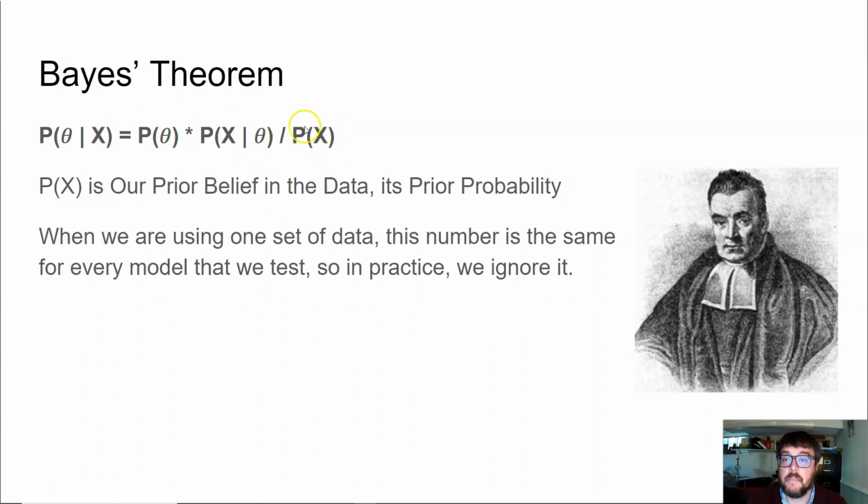This last part, the denominator here, prior belief in the data, this is the thing that you divide all these products by, so that the whole thing ends up having an area under the curve of 1, making it a probability distribution. But it turns out this doesn't change across the data. So if we're comparing a bunch of different parameterizations or even models with different parameters using the same data, then this number is the same everywhere and we can ignore it. Whenever this is biggest, that is going to give us our model with our highest posterior probability.